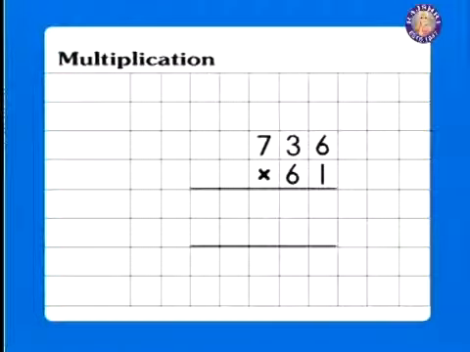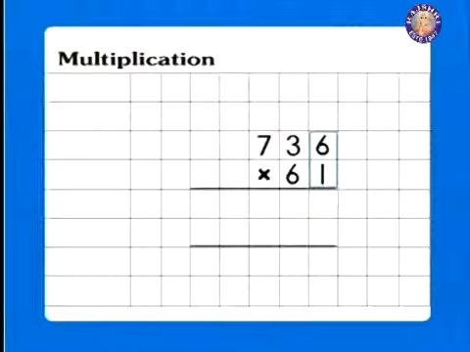Like in the previous problems, let's start from the right, shall we? Remember the 3 steps. Step 1 is 736 times 1. Step 2 is 736 times 6. Then in step 3, add the 2 answers in the special way we saw earlier. So